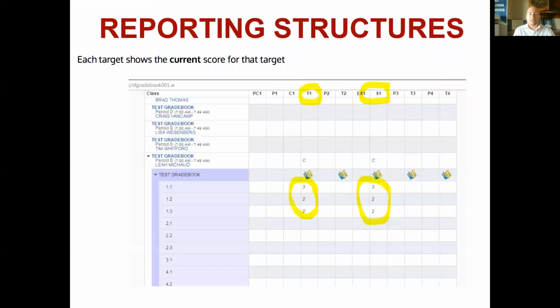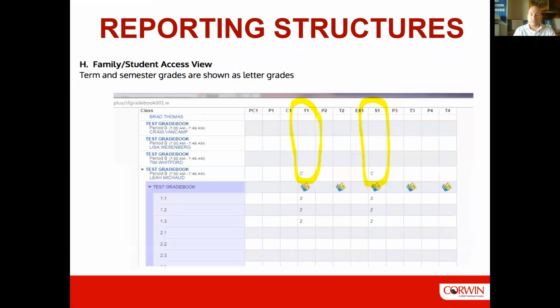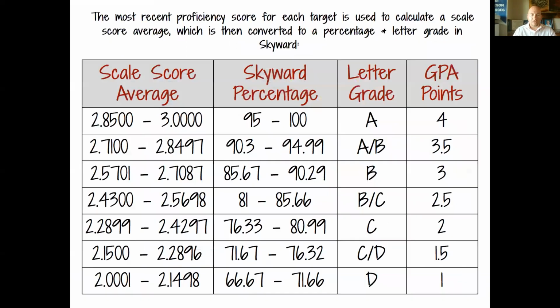These are the targets. This is a sample from Skyward. You can do this in PowerSchool. You can do it in Infinite Campus or a lot of other types of SISs out there. But ultimately, parents and students see proficiency scores for each learning target, a 3, 2, or 1. Those learning targets then feed a system, and we take the scale score average. And so what you're seeing here, and we always use most recent evidence, is the left side. Skyward didn't have the ability to give the scale score average, so there's a back side of it that converts it into a percentage, but really what you're looking at is the left side.